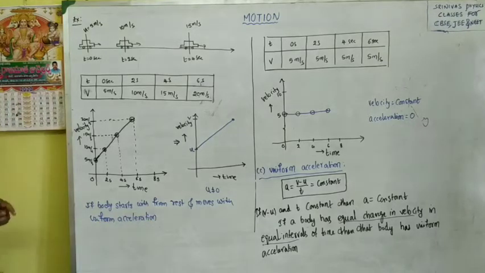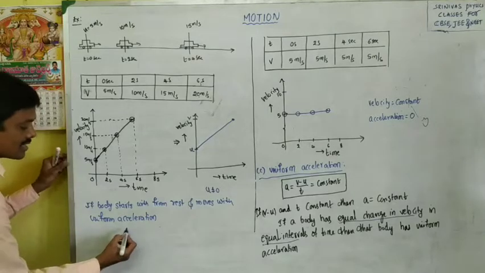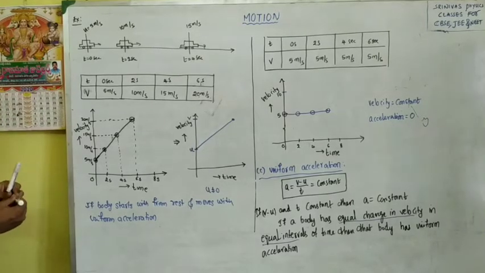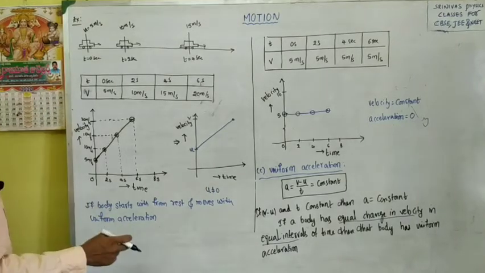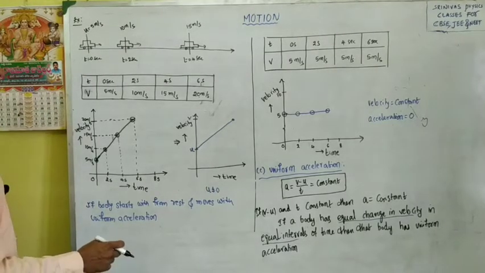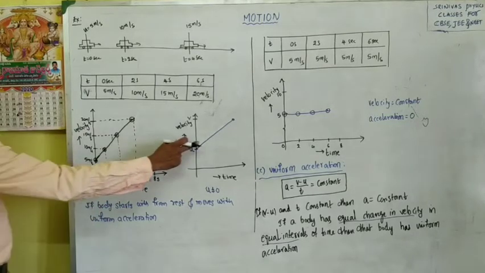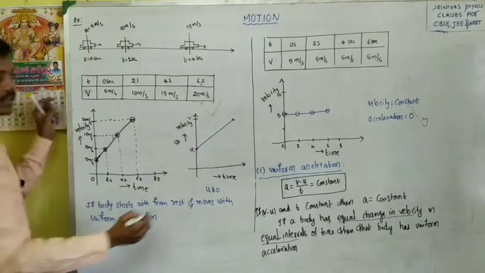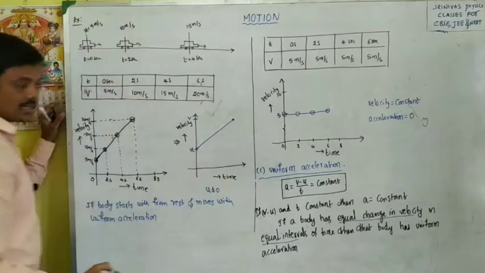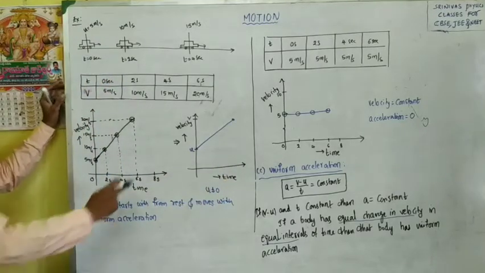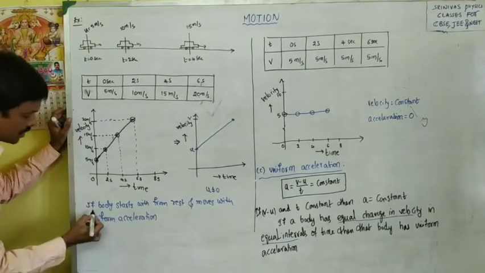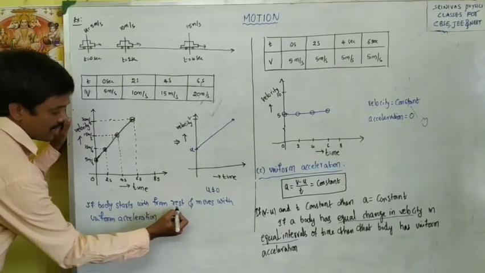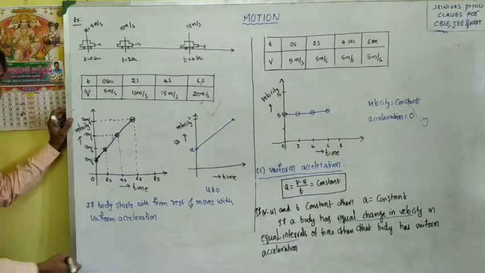Let us draw the graph for that case. Whether the acceleration is positive or negative in this case? For this graph, the acceleration is positive. Why? The velocity is increasing. The final velocity is more than the initial velocity. Acceleration is positive. If the body starts from rest and moves with uniform acceleration,